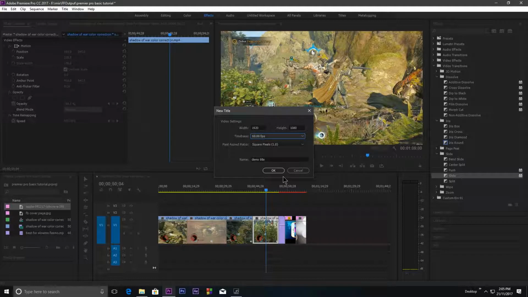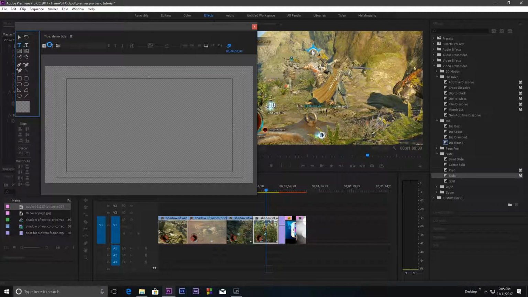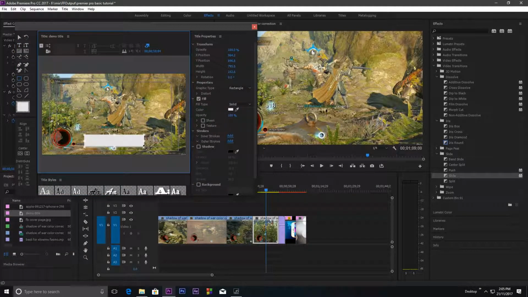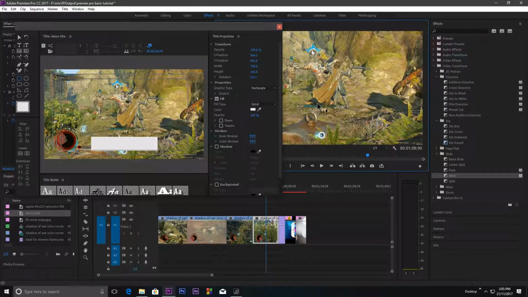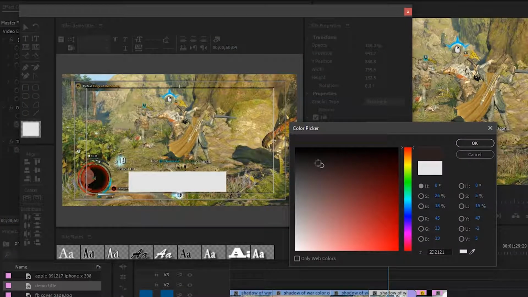You can change the frame rate to 60 fps if you want, and the resolution. Press OK. Then here you have the option of any size. I really like this rectangular tool, and just give it a nice title. Okay, and you can see there in the right side we have all those options, and you can obviously change the X position here if you want, and the Y position,